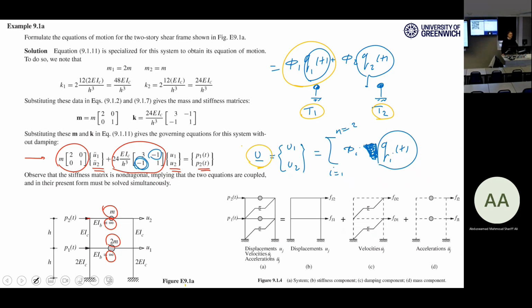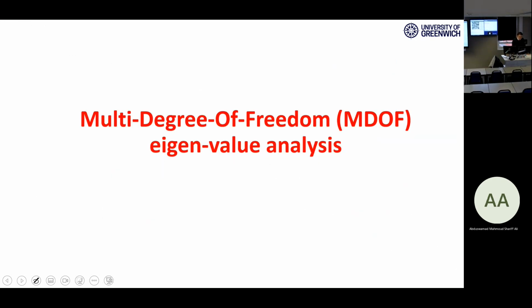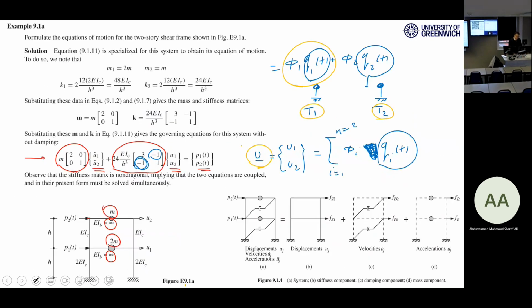For this purpose, you need to go for some sort of analysis, which is called eigenvalue analysis. Eigenvalue analysis helps you to overcome this problem, that what are the natural frequencies of the system, T1, T2,